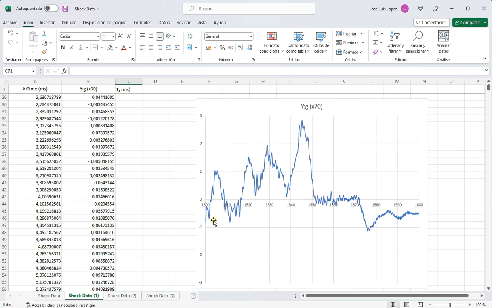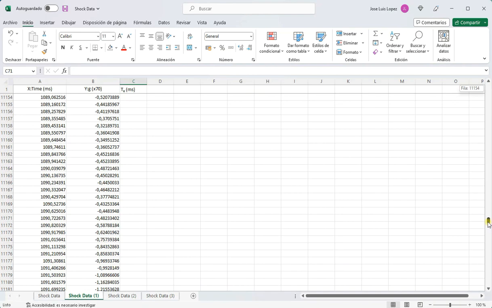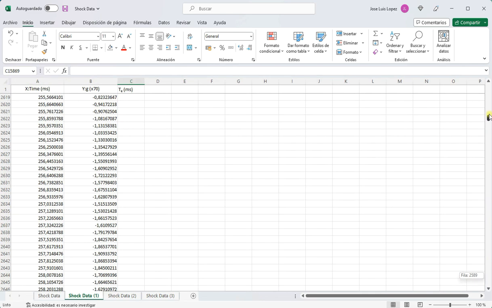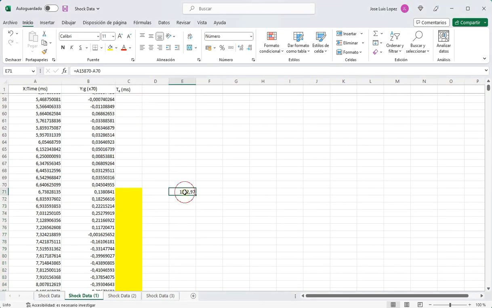To determine the end, we change the scale of the axis in the graph to zoom in from 1500 to 1600 milliseconds. We see that from 1550 milliseconds more or less, the acceleration level reduces very close to zero, and we can consider the termination of the shock. For further T capital E calculation, we end T small e at row 15,870, and therefore T small e is practically 1.5 seconds. That corresponds to